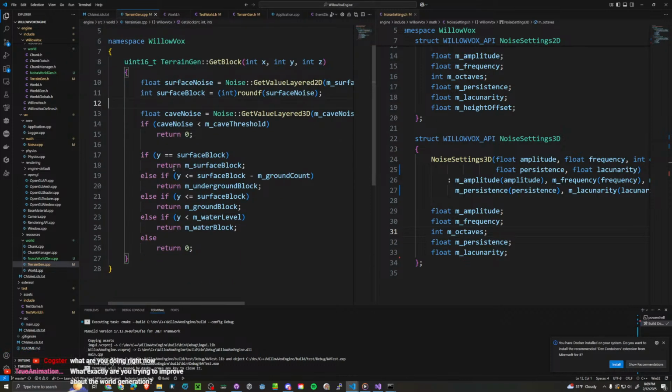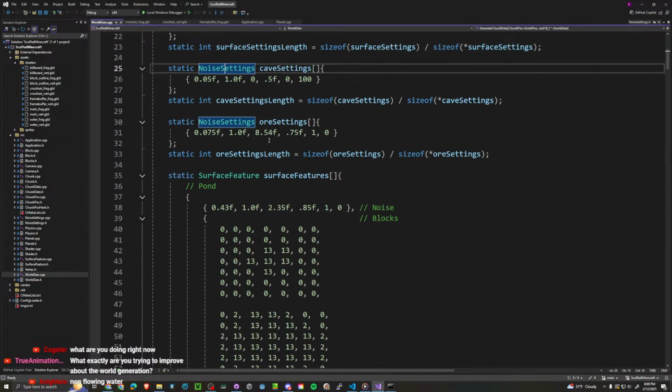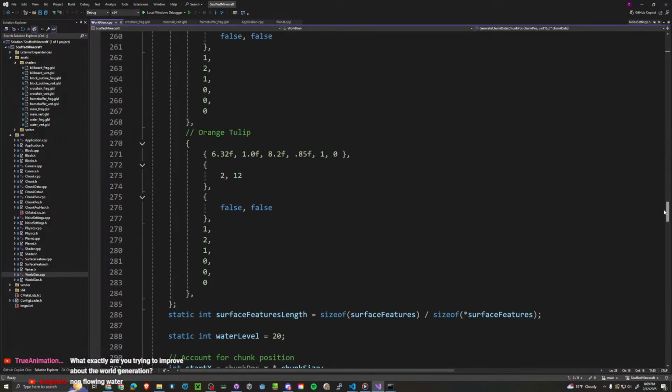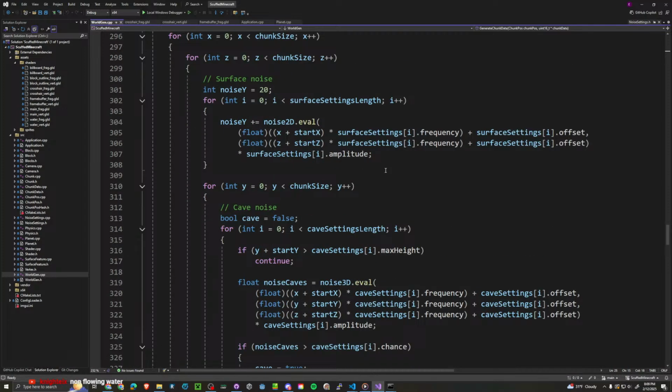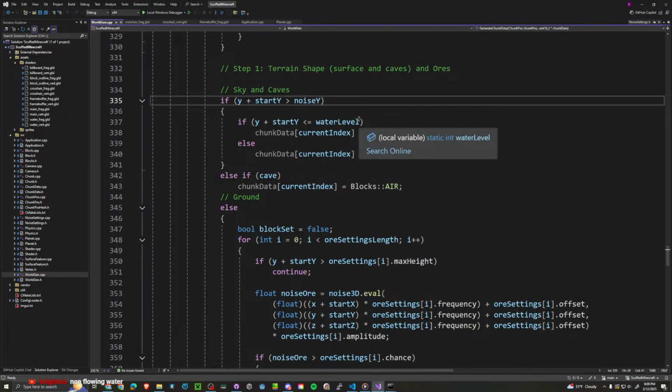Alright, let's see here. What did I even... Okay, so I was doing something completely different, I think, for this. Surface noise. So it was getting the surface noise, and then it was getting the cave noise. And then we were saying if it is greater than this, if it is greater than the noise Y,